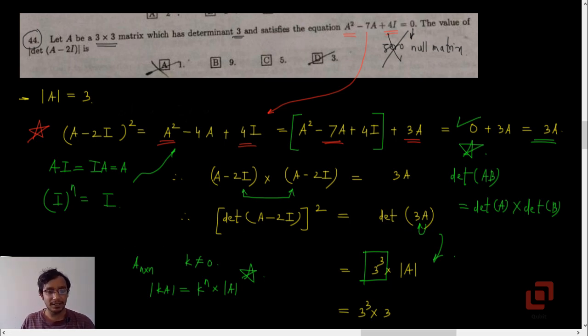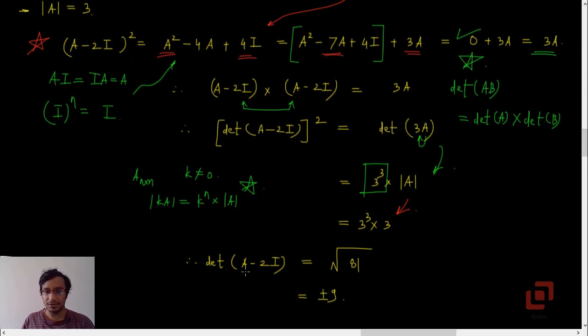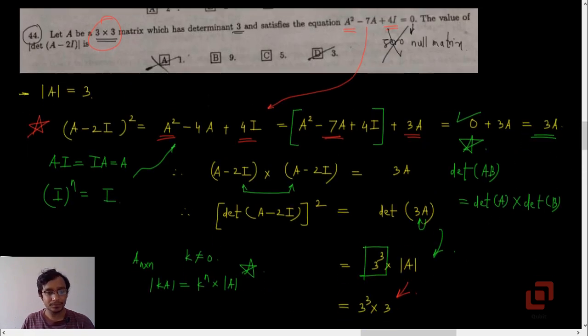So I have used that here. We know that A is a 3 by 3 matrix, and that's why I have taken the third power of 3. Now what is the determinant of A? The determinant of A is also 3. So the determinant of (A − 2I) squared is now 81, isn't it? So the determinant of (A − 2I) must be plus or minus 9, but because they have asked the modulus, it must be 9, and hence the correct option is B. And not D as this particular person has marked.